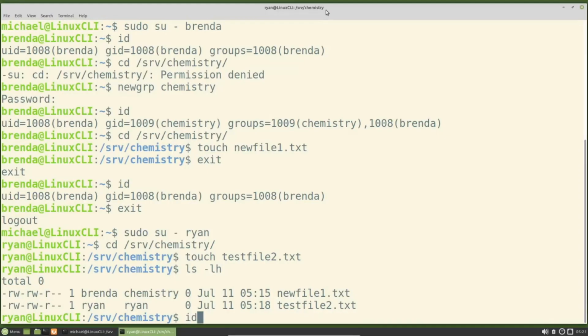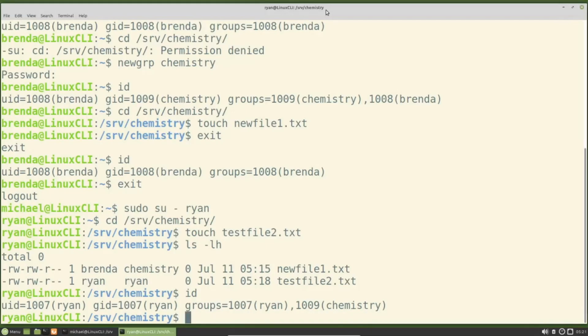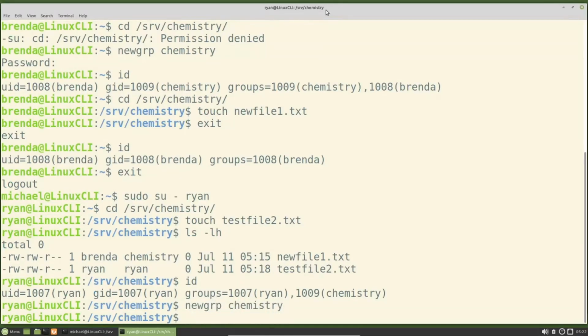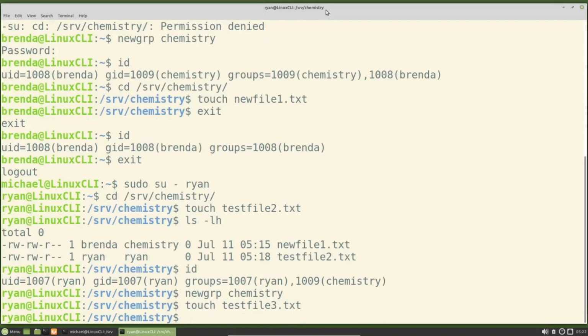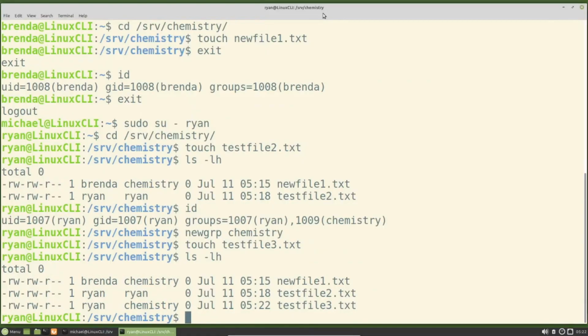Typing id shows us Ryan has a user ID of Ryan and a group ID of Ryan. But he can temporarily change that group ID to be chemistry the same way Brenda did by typing newgrp chemistry. Now Ryan will create a file. And we will list those out with ls -lh. This shows that Ryan's new file has a group permission of chemistry,